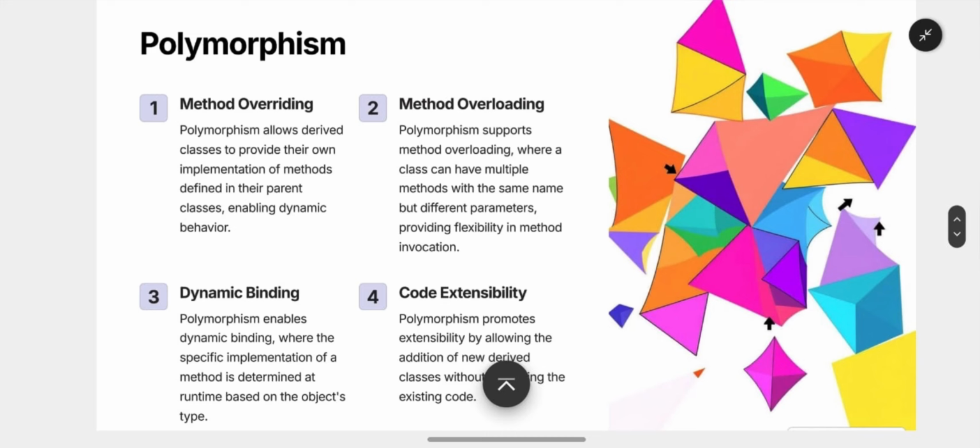Polymorphism supports method overloading, where a class can have multiple methods with the same name but different parameters, providing flexibility in method invocation. In dynamic binding, polymorphism enables dynamic binding where the specific implementation of a method is determined at runtime based on the object's type. And the last, code extensibility. Polymorphism promotes extensibility by allowing the addition of new derived classes without modifying the existing code. The second point,